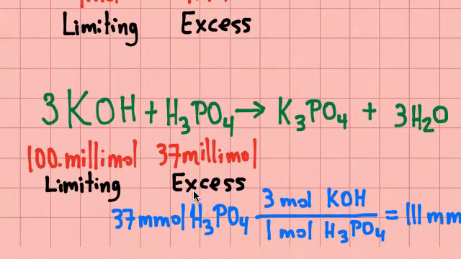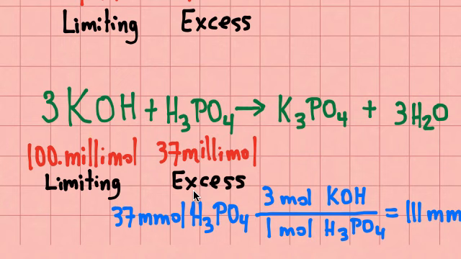Or take millimoles. Milli is just a 1/1000th of a mole. Convenient sometimes, many times for doing titrations. What if I had 37 millimoles of this and 100 millimoles of this? Well, one of these for every 3 of those, 3 of these for every 1 of those. So is 100 3 times larger than 37? And the answer is